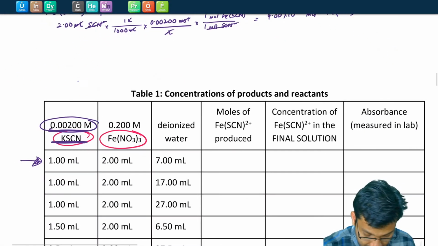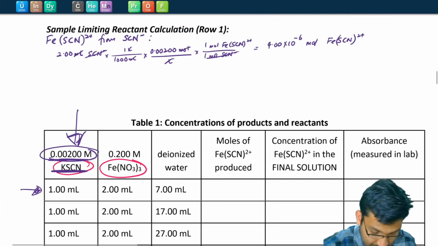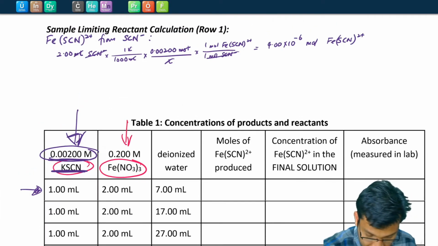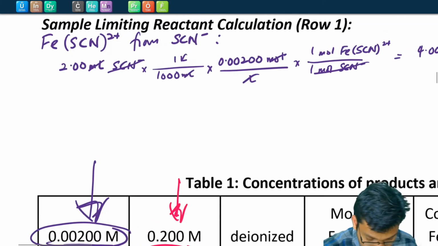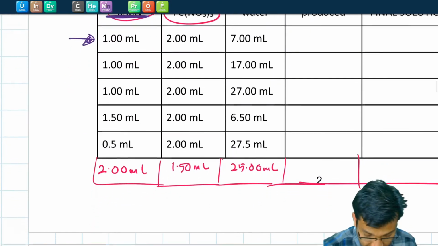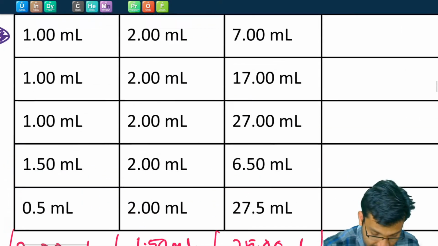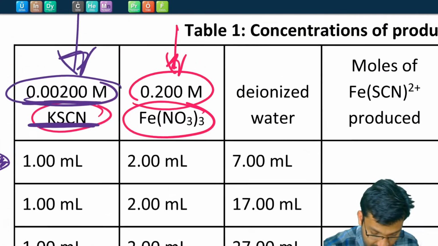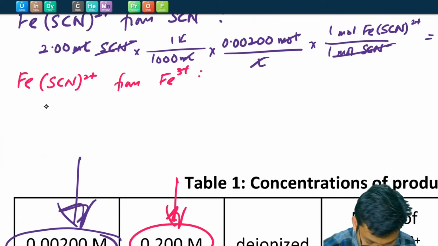Okay, that's for the first reactant. What about the second reactant? Let's use a different color for the second reactant. And so here we need to figure out how much product, FeSCN2+, we get from the other reactant, which is iron 3+, Fe3+. Here we do the same calculation, right? We start with 1.50 mL and we have 0.200 molar concentration. So 1.50